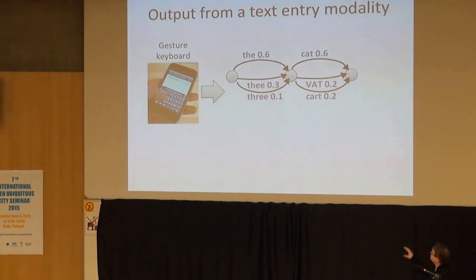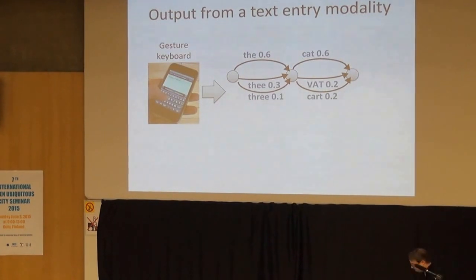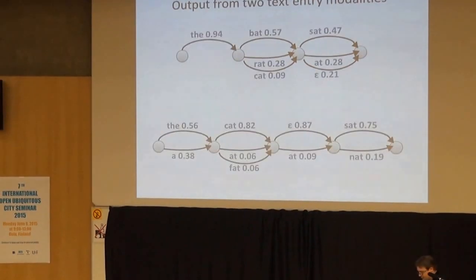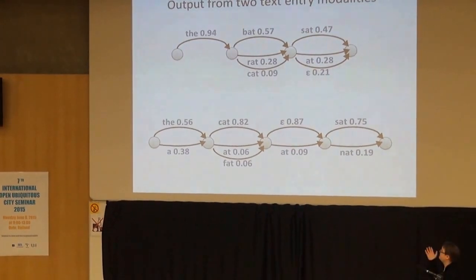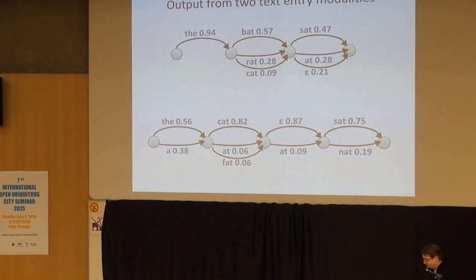And what you can do is you can concatenate these. So these form word hypotheses of what the user intended to write or speak, whatever. So if we have 2 modalities, we have 2 word confusion networks. One can be from a speech recognizer, one can be from a gesture keyboard. Or both can be from a speech recognizer, it doesn't matter, the system doesn't really care. The only important thing is that we have these word confusion networks and we have these probabilities assigned to the word hypotheses. So what we then do is we steal some of the probability mass from each word confusion cluster,